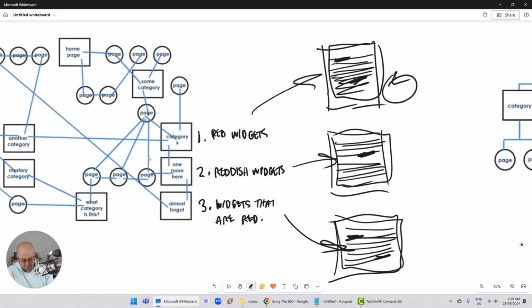Instead of it saying red widgets, they'll use the same piece of content and change it to reddish widgets. I've looked at a lot of sites over the years and I can see this happening. You can bring up 4 or 5 pages on screen, and you can look and say, this content's the same. In fact, in a lot of cases, the content is identical and they don't even bother to change it. So this leads to site bloat,